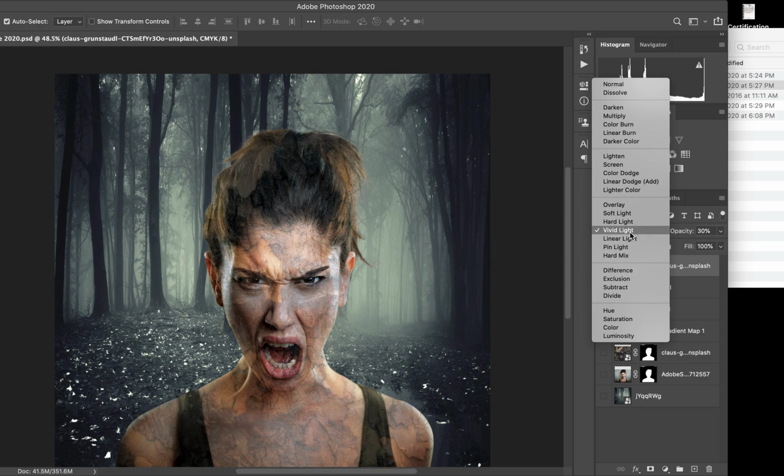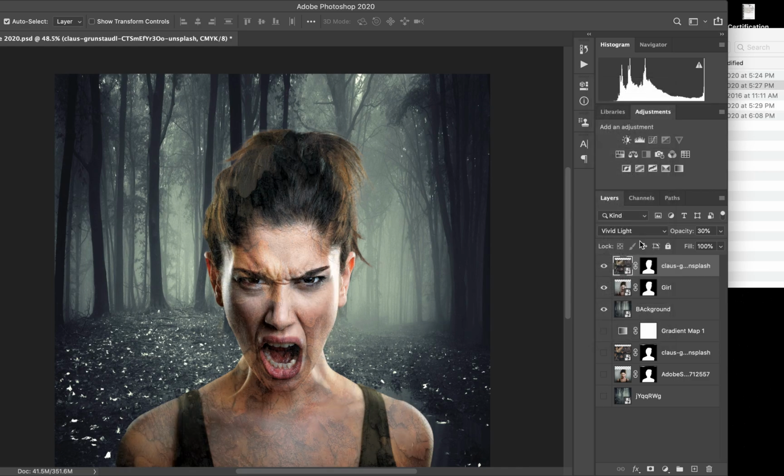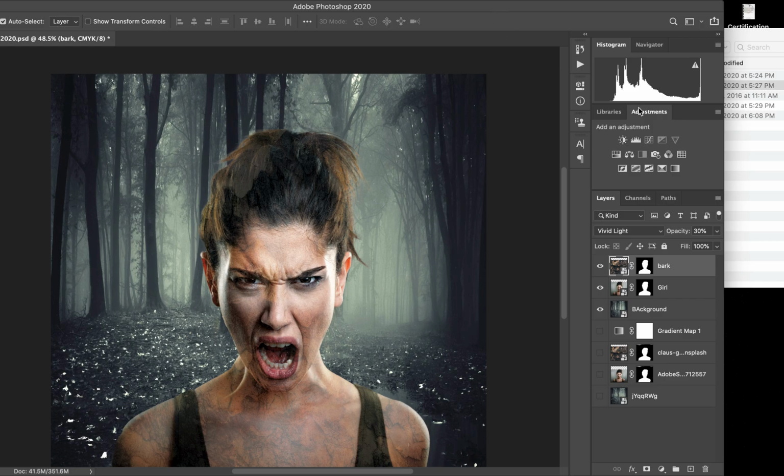And you can get some really weird effects in there, and it's going to make her skin look all kind of messed up. And let's call that, I'm going to call that bark, just so I know what's going on there. All right. I can also add